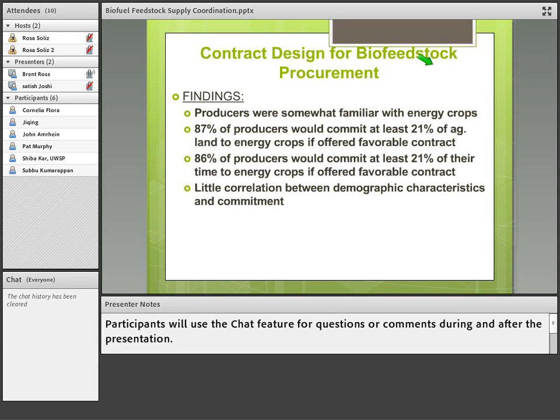Some of the key findings from that research were that producers were somewhat familiar with energy crops, and in particular with switchgrass, and also familiar with some other types of energy crops such as reed canary grass. But switchgrass was the one they were most familiar with, as well as miscanthus. 87% of those producers indicated that they would commit roughly 21% of their land